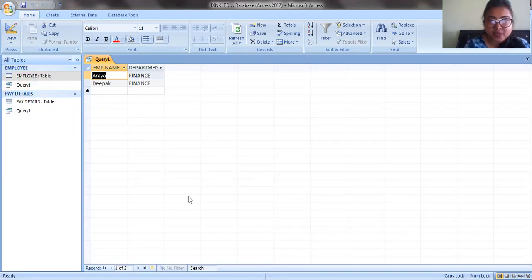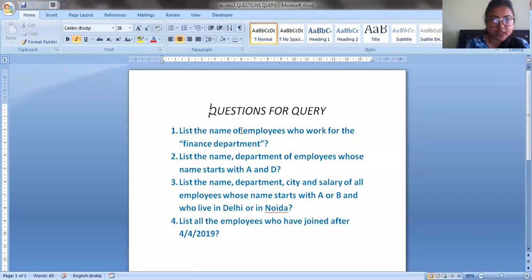Now the second question, the second query, that is, you need to list the name and department of employees whose names start with A and D. So here you need to give the name and department of employees whose name starts with A and D. So now again going to the Access file,